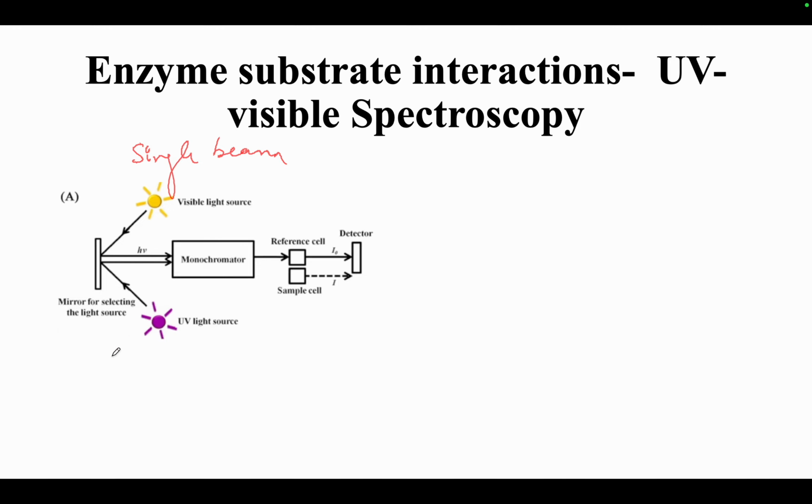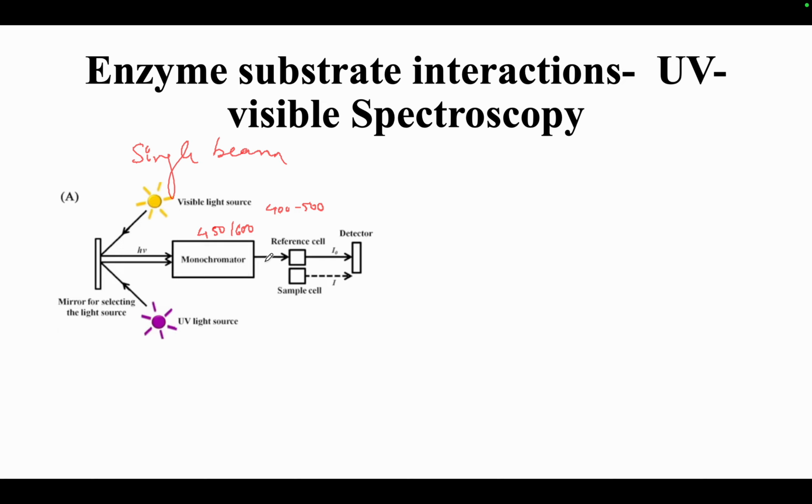This monochromator will filter out all the wavelengths, and it will only pass the wavelength of our interest. So we can set the monochromator to a specific wavelength. Let's say we could set it at 450, or at 600, so it will allow only that wavelength, or we could have a range from 400 to 500. It will allow that. So we have a reference cell and we have a sample cell,